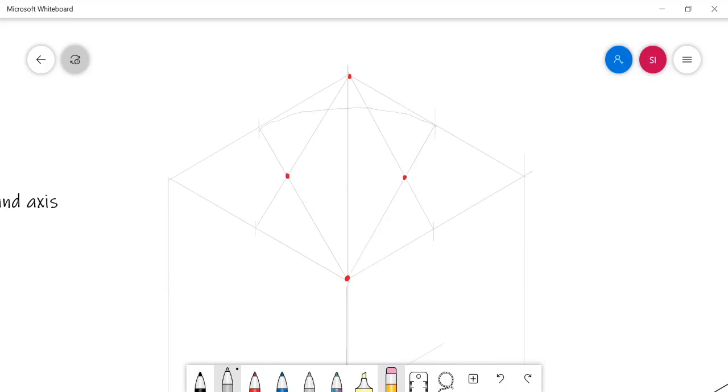And then use the second center with this same radius, or once again you can set the radius, both are the same. Draw an arc, and this arc will end at this point. Again use the third center as the compass center, and a radius equal to this length, and draw an arc.